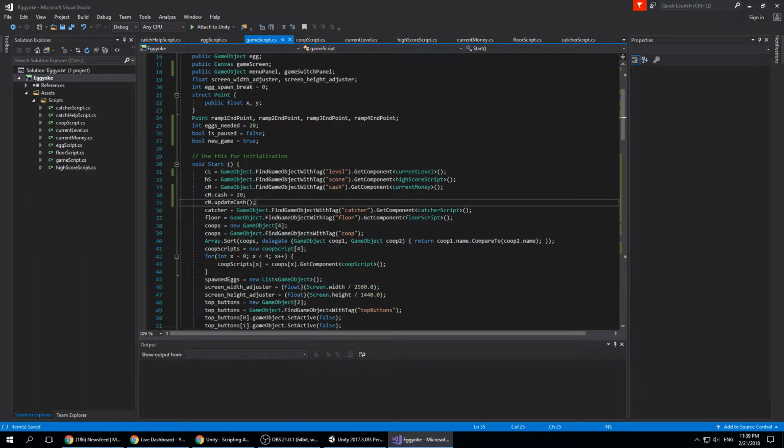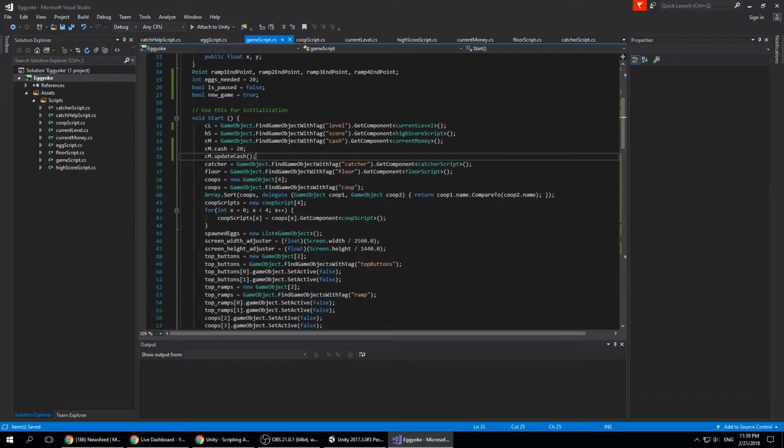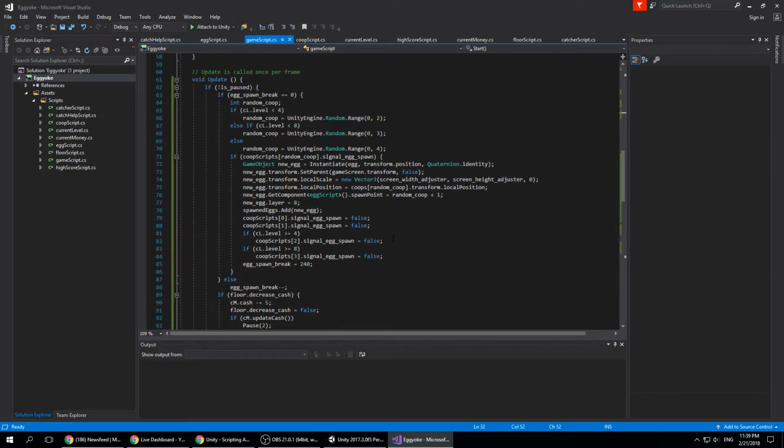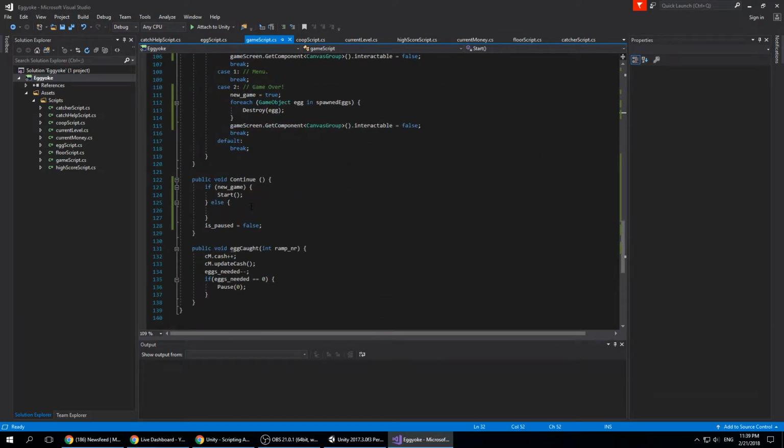And then yeah, this is fine, this is also fine because it initializes everything. All of the eggs have been presumably deleted anyway. So we'll just need next to work on score and level in order to make them work properly. And continue. So if it is not a new game, then we'll just